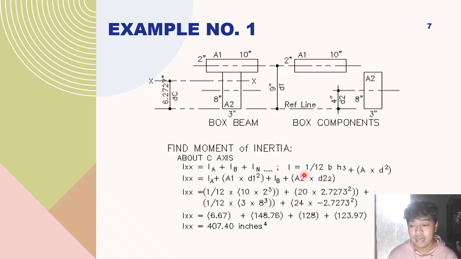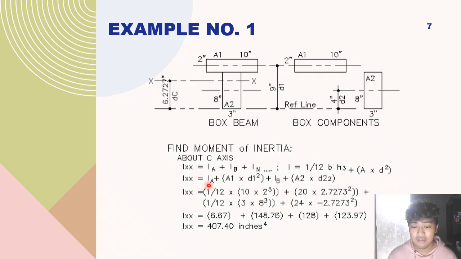So with that, we are using the moment of inertia of a rectangle. So we have 1 over 12, or BH cubed over 12, plus area times d squared, or the transfer formula. So this is your moment of inertia for a common shape of a rectangle, and then we have already used the value, or the transfer formula. So para dali na ta, or diretso na ang computation.